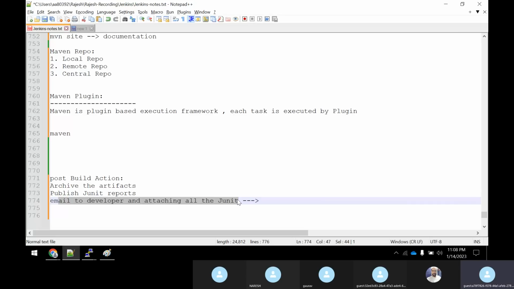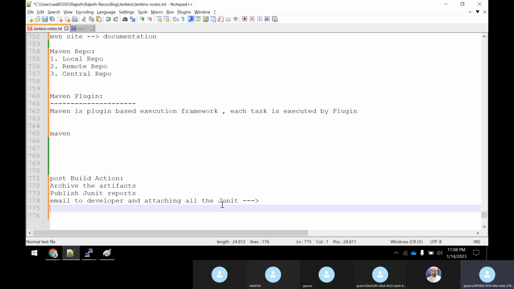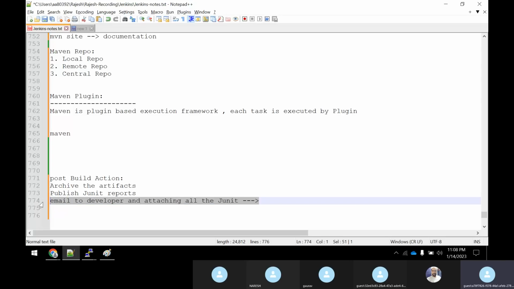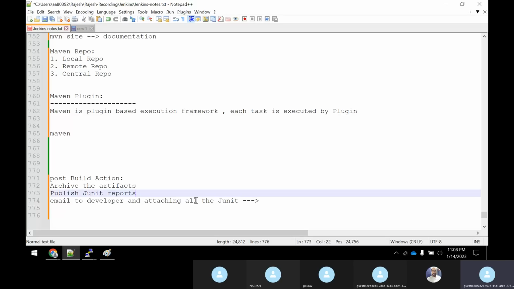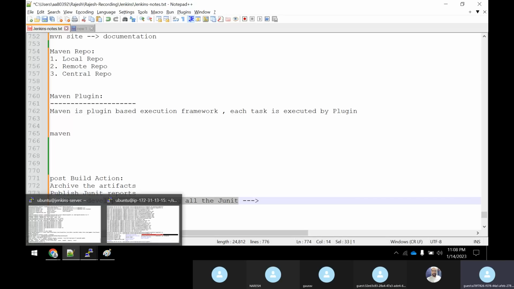So you need to configure SMTP, Simple Mail Transfer Protocol, and then set up to which domain you are sending. So there are a few things you need to understand there. I'll be explaining how to send an email also. So this is also very important. Sometimes in the interview they'll ask you, how have you configured sending an email through your Jenkins job? They'll ask you, yes, I have done it, how did you do it? So you have to tell some procedure, what the procedures are, right? You have to tell it.